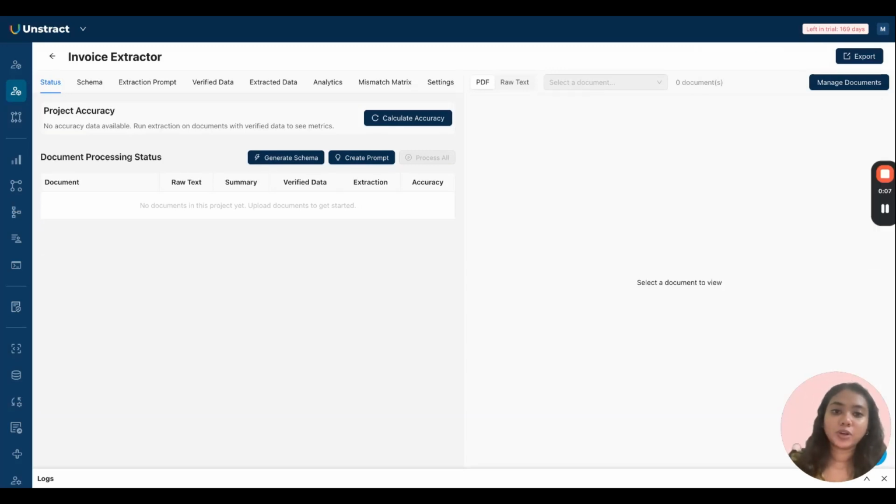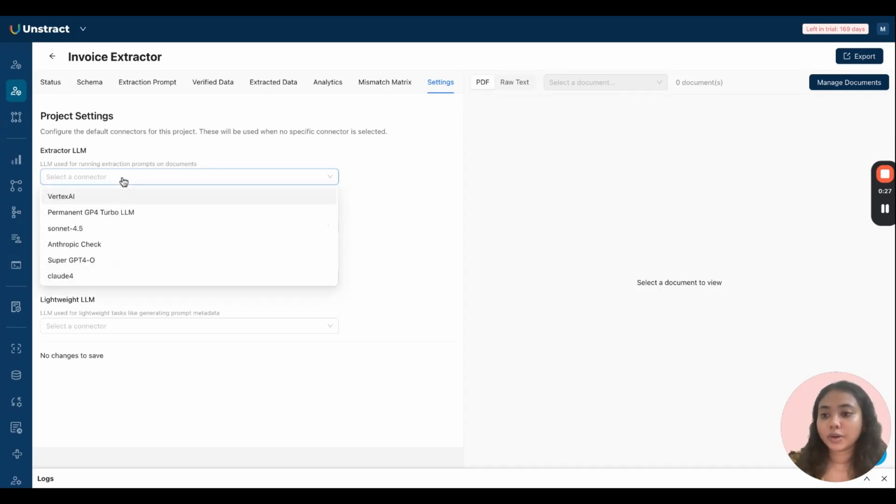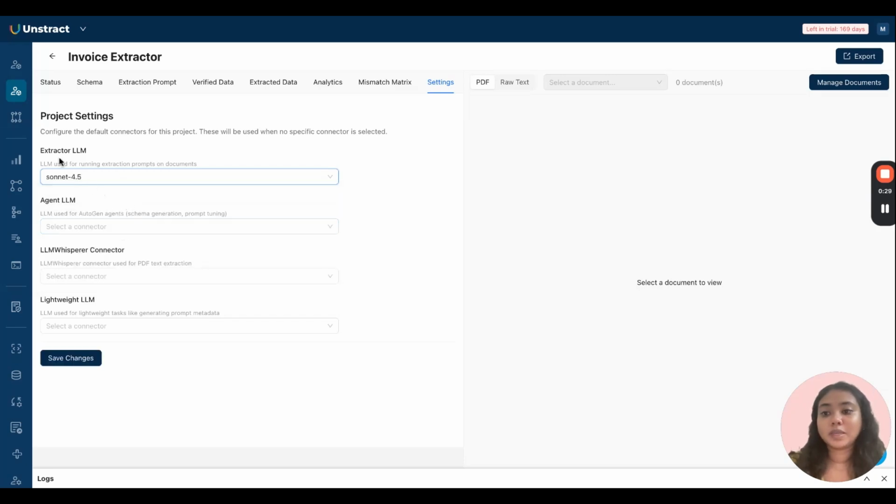The first step that I'm going to do over here is define which one of my LLMs that I'd connected with are going to be working on this particular project. So you'd seen earlier how I had connected with multiple models, and the Agentic Prompt Studio lets me choose from these models to define which one of these models can be deployed for which functions. So over here, we're going to be specifying a model which would be the extractor LLM, used to run the extraction prompts against the documents.